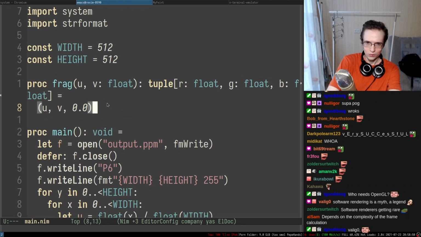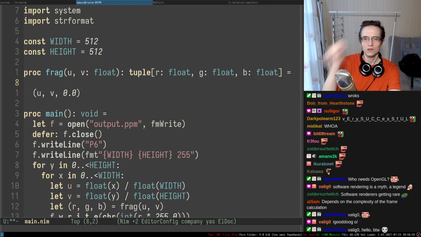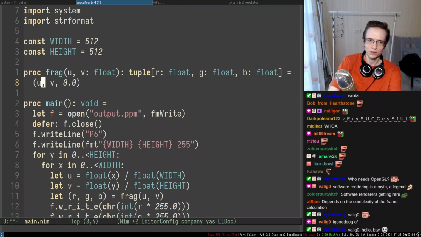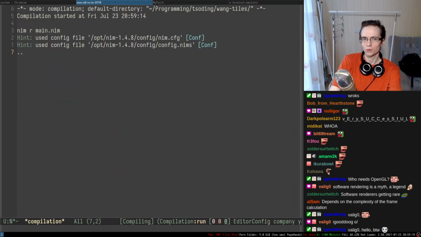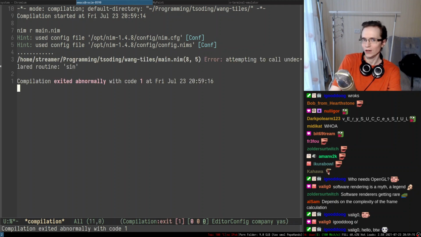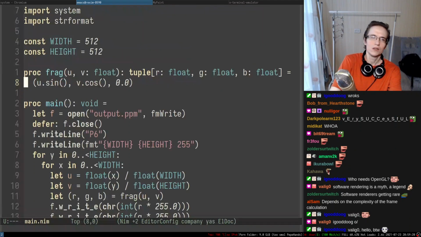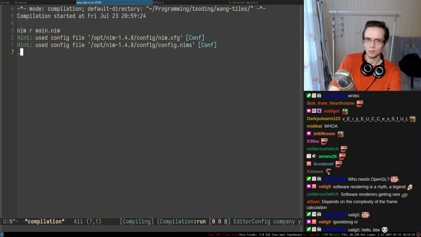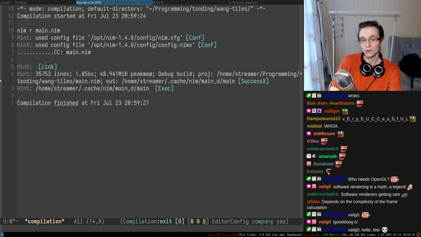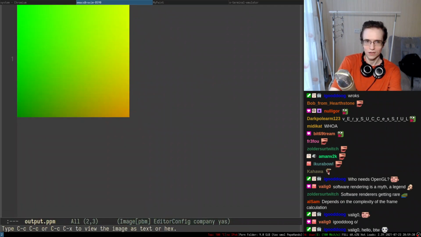All right, so let me see. Now what we can do in here, I don't know, we can probably put some sine in here, and since we have a universal call syntax, I can actually call sine like this. This one could be cosine. It's not going to work probably because I have to import math or something, right? So you see sine is not available, unfortunately. So let me make a wild guess that I have to import math. And it was correct apparently. So let's revert the entire thing, and there we go.